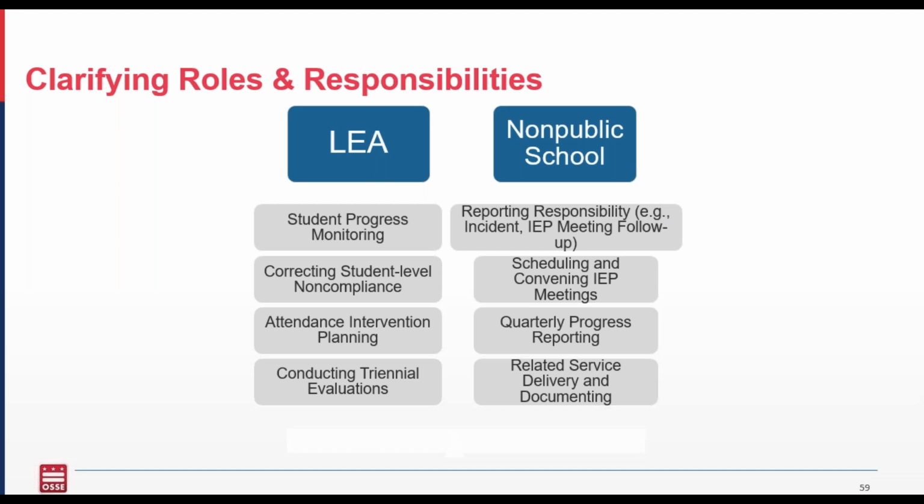Here in this second column, the non-public school, as mentioned, is responsible for providing direct services such as related services and documenting the provision of those services. The non-public school is also responsible for producing progress reports on at least a quarterly basis. In terms of reporting requirements, the non-public school is responsible for reporting attendance, as mentioned, as well as any incidents